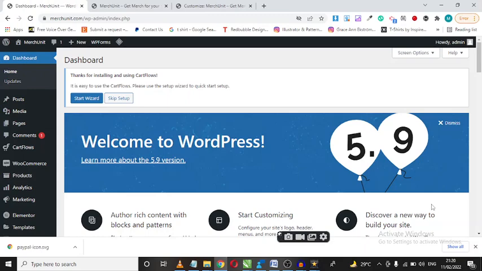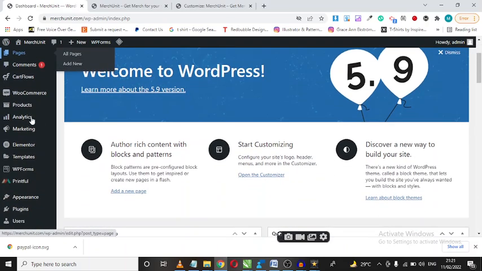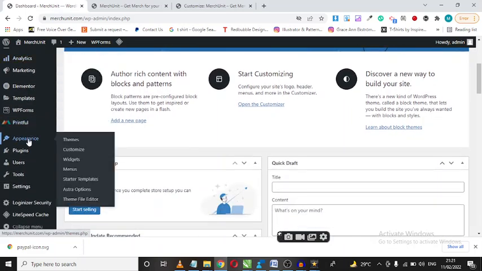Hello guys and welcome. In this session I'm gonna teach you how to customize your store. So let's get started. Now the first thing you want to do is hover over this appearance and click on menus,